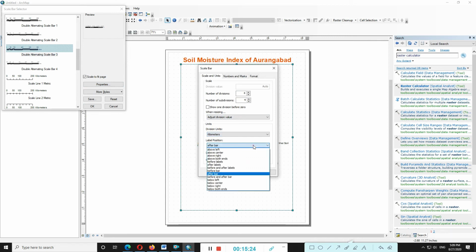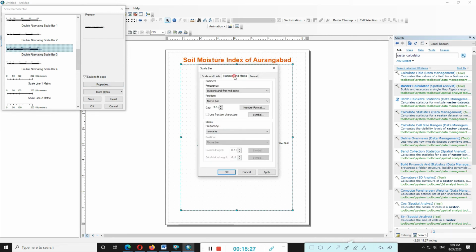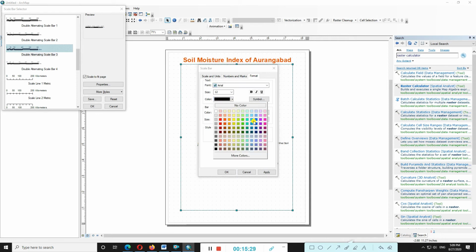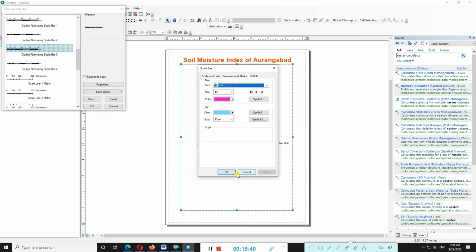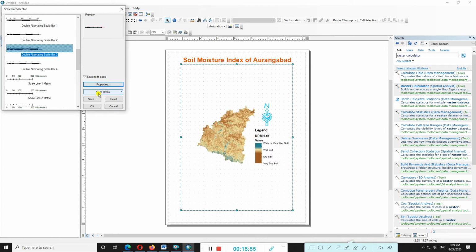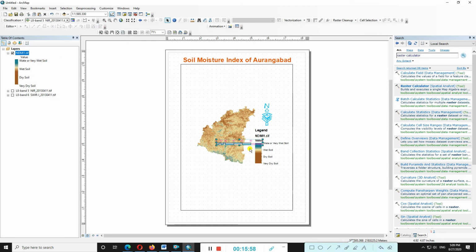Kilometers, we are adding kilometers here. As format, we are adding a color like pink. One color is cyan. Apply. Size is 18. Apply that. Okay. Just click on OK. You got that bar. Just look there.